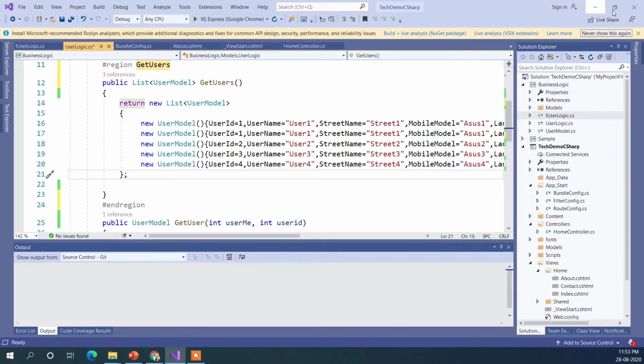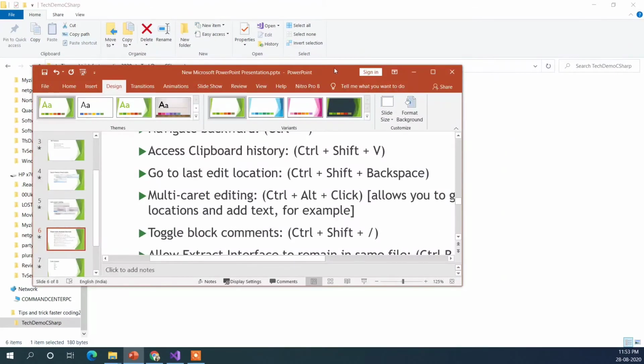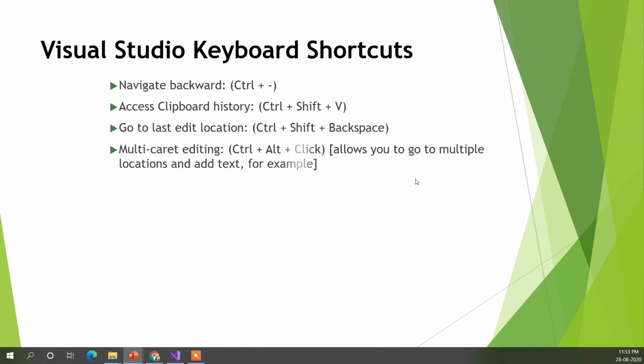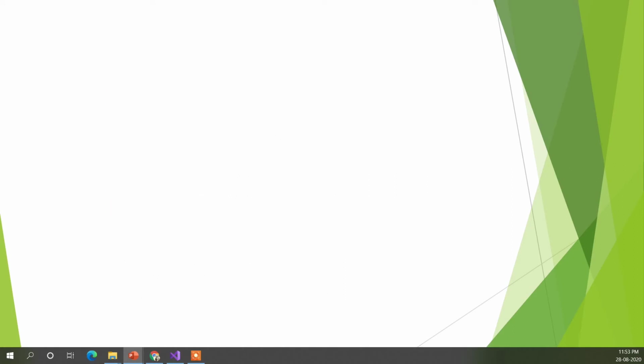So let's see what we have left. We have done multi-caret, extracting, collapsing, surrounding, and adding keyboard shortcuts. So another one we have is code snippets. A code snippet is like a shortcut for adding different condition blocks. So for for, we can just type for and double tap Tab, and it will add a for block for you. Similarly, we have class, properties, regions, if condition, and else.